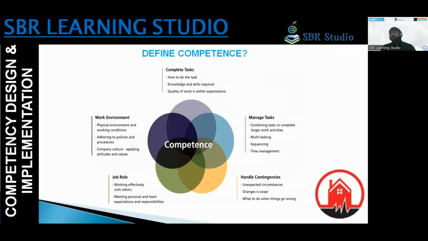Number two, the knowledge and skill required for this. When you are defining that task, you are always looking for their skills, like the computer skills and software skills they should have, and secondly the quality. That is why in many organizations where computer skills or typing are used, they measure the functioning and the speed of typing, so that the quality of work is within expectation. You draw some lines or parameters, for example a 5-scale evaluation where you put 1, 2, 3, 4, 5 and see on which scale he or she falls. Accordingly, that is their proficiency level.